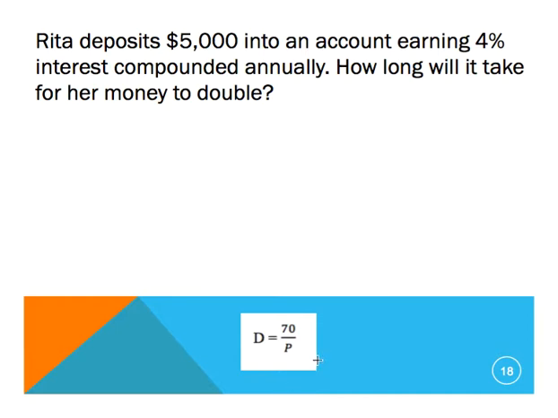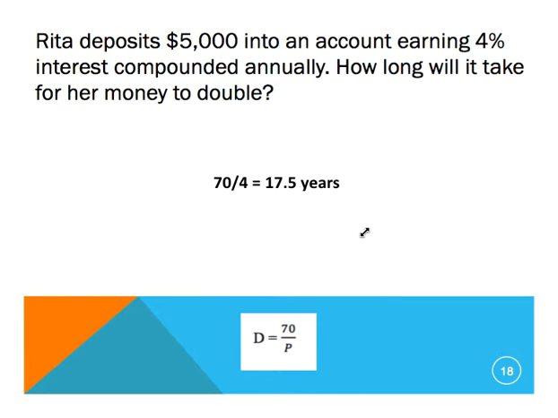If you remember on your formula sheet, you have this nice little formula here, D equals 70 over P. What this is telling you is that doubling time is equal to 70 divided by the percent. So all you have to do to find the doubling time is take 70 and divide it by the percent that's given. In this case, you should leave your percent as a whole number, so you just leave it as 4. If you take 70 and divide it by 4, you get a value of 17.5. Your answer is always going to be in years for this formula. So that tells me that in 17 and a half years, Rita will have doubled her money